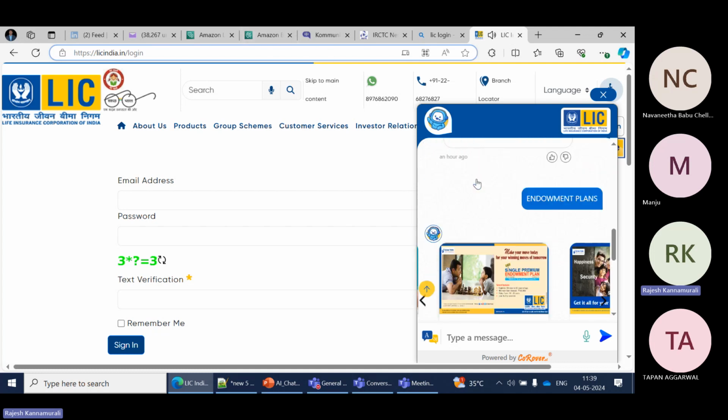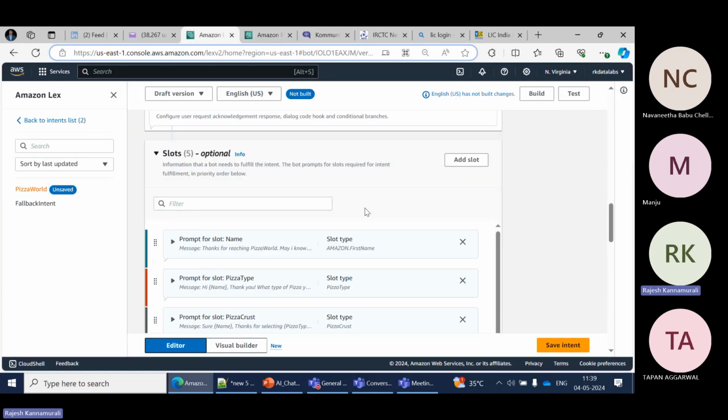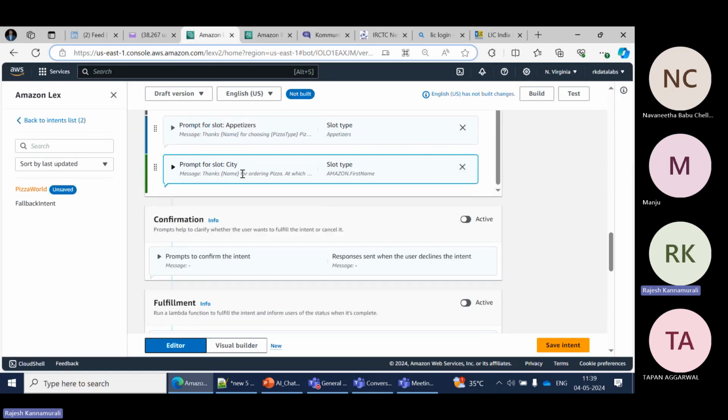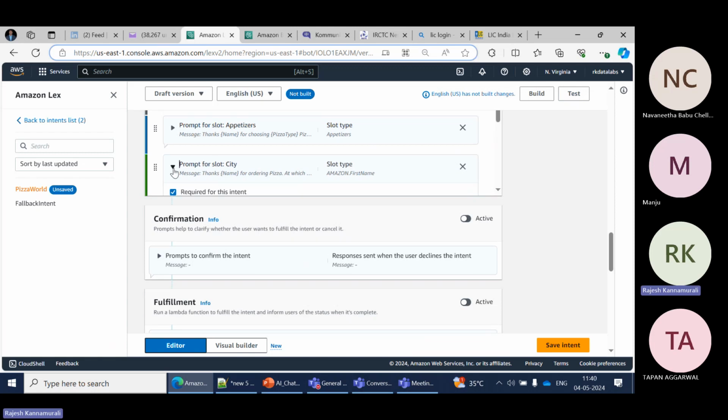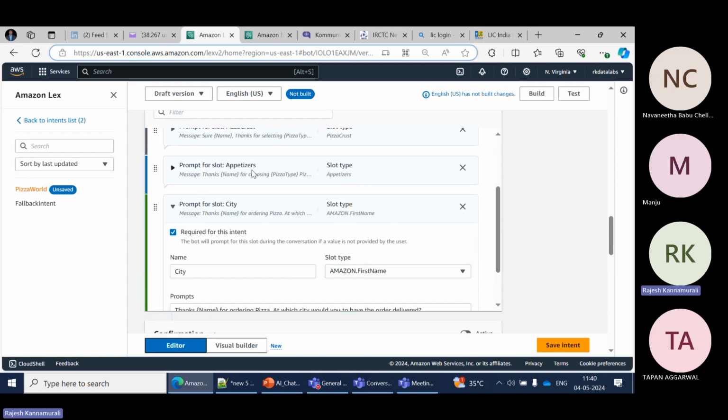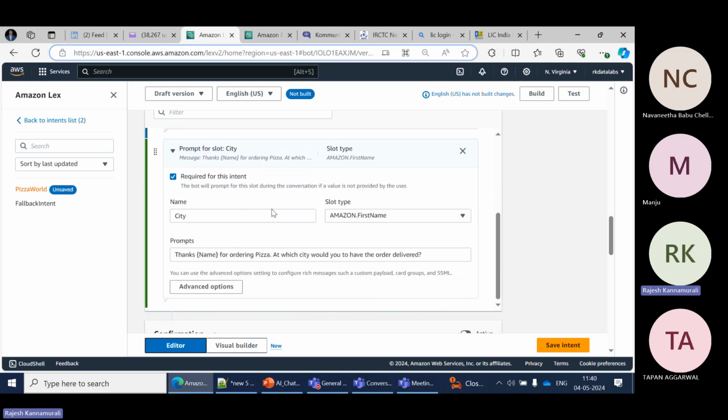Similar to that, while building a Lex bot, we know that our delivery locations are restricted to only four cities, let's say Chennai, Bangalore, Pune, Hyderabad. We can customize it as a button. This is not only for city, even for appetizers you can customize with buttons. You have three different options, like Coke, Pepsi, Fanta, any kind of beverages. To make it a button, in order to make the user interaction very simple and lighter,